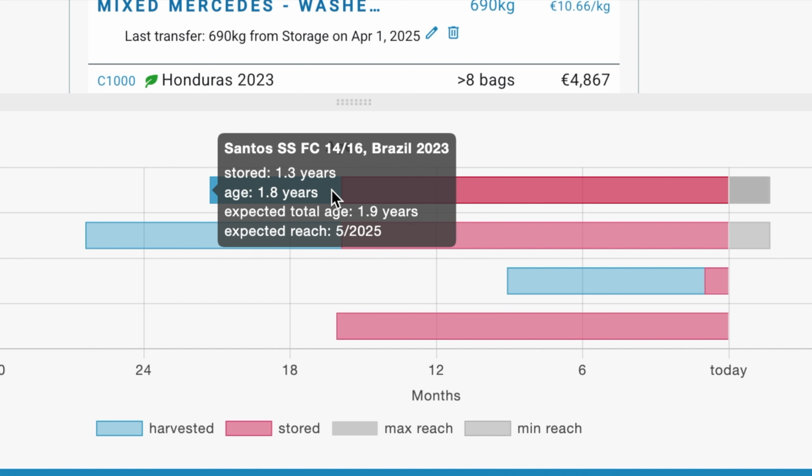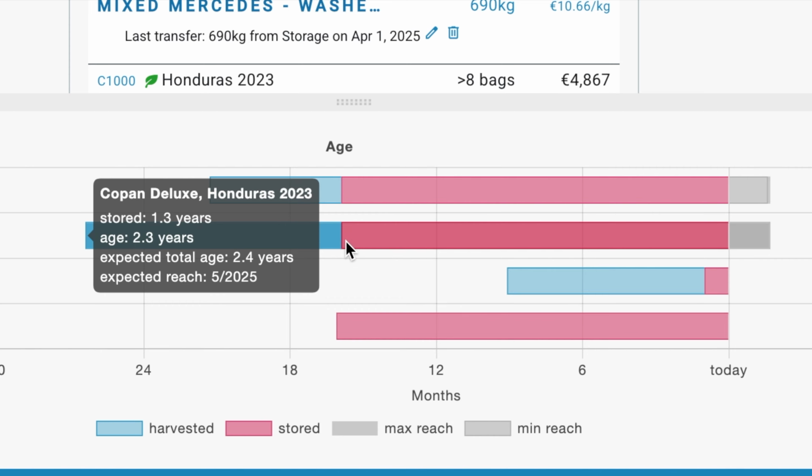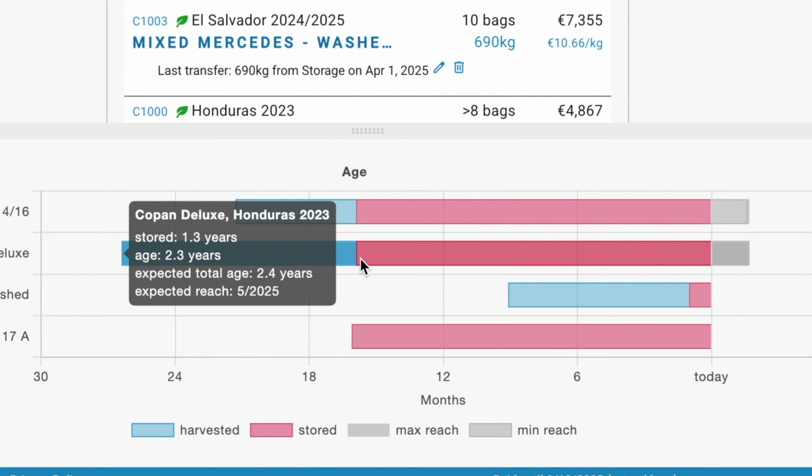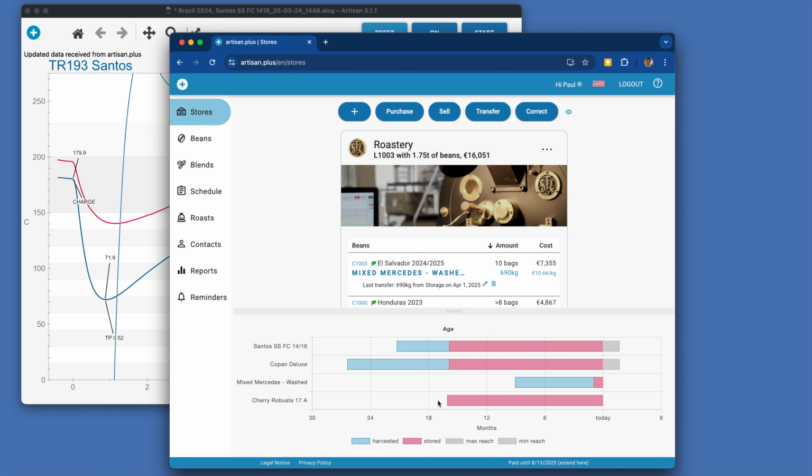the expected reach gives us an estimate on how long our current stock will probably last, considering our roasting history, including that particular bean. Note that this also includes blend roasts, if those beans are included in any blend. The expected total age calculates the age of the last beans we are going to roast if we stick to